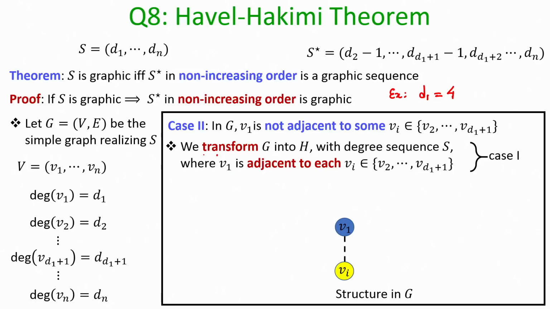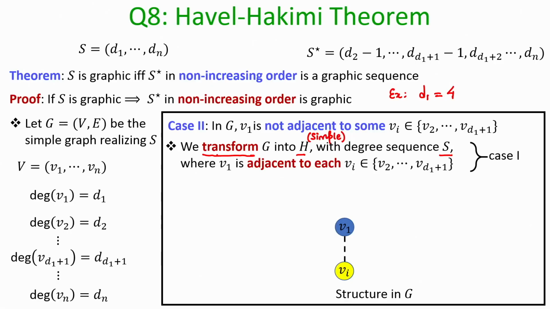What I will do is some transformation, and we will see how exactly the transformation happens. We will do some transformation on the graph G and convert it into another simple graph H with n vertices and with the same degree sequences. That is important. That means whatever were the characteristics of G, they remain the same.